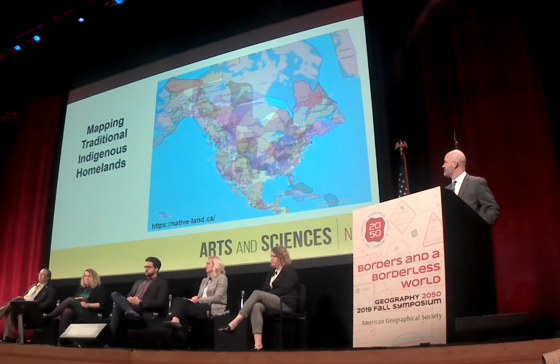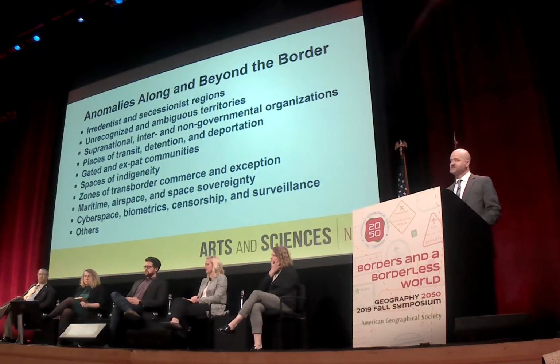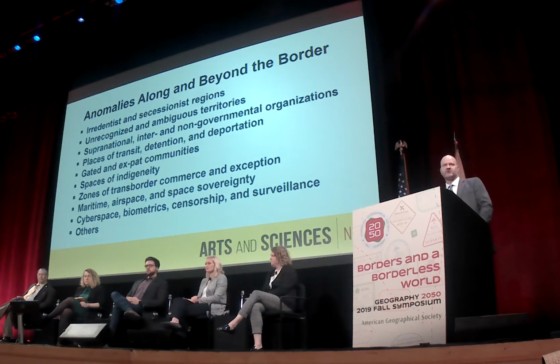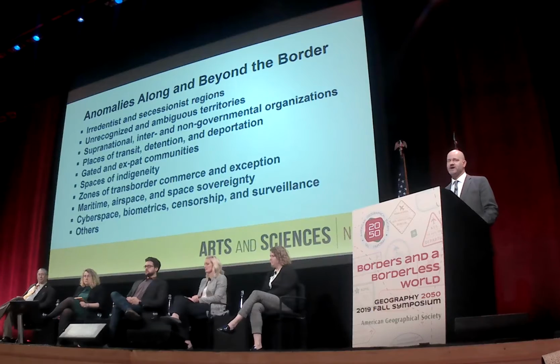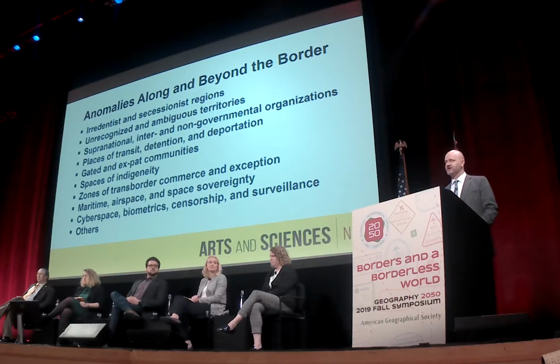One last final example, we can think of efforts to map indigenous homelands, a different way of conceptualizing the political organization of space and place. So these and other examples we could point to are anomalies along and beyond the border, and there's many other examples we could point to. I would argue cumulatively they all help point out that the world we live in, this so-called borderless world, is still a very, very border